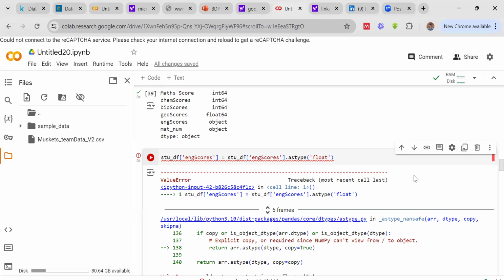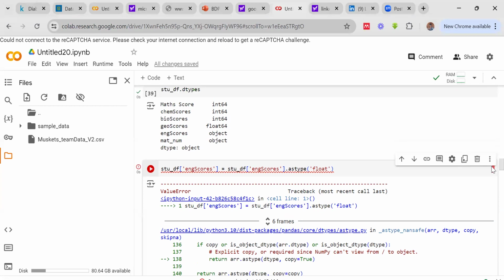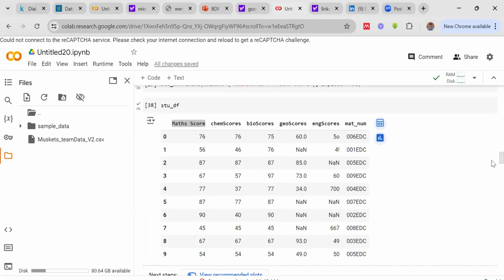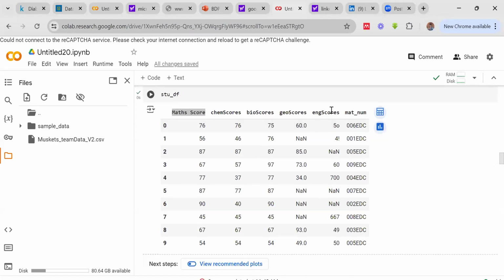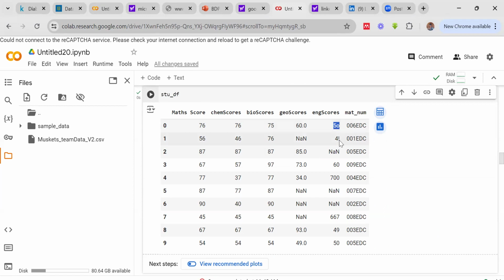It means this particular data has a big problem, a bigger problem than just changing the score. If I go and check the data, you will see that under the English score, I have this string here. There is no way I will say 4 points. In fact, I even have 5.0. There is no way you say 5.0.0. There is no way you will say 4